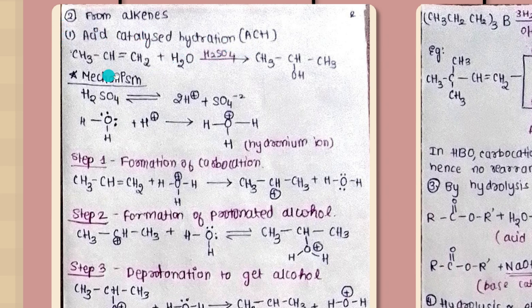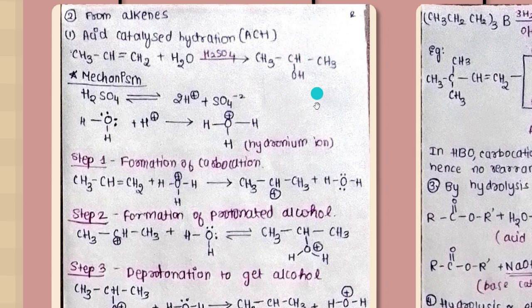So now, here we have an alkene, right? This is the preparation from alkene. So we will take an alkene, that is CH3CH=CH2. This is propene, right? Plus H2O, hydration means adding water, right? In the presence of some acid, what is that acid here? It is H2SO4. So when I add, I'll get CH3CH, and on the middle carbon atom, I'll get